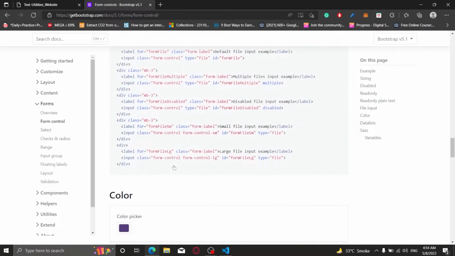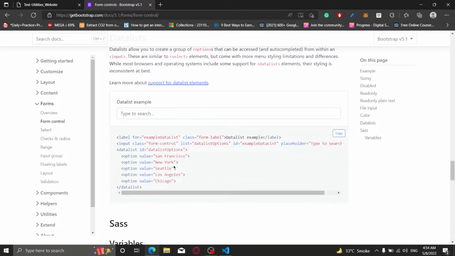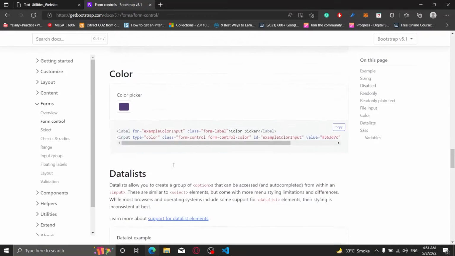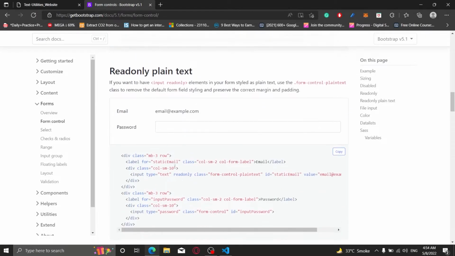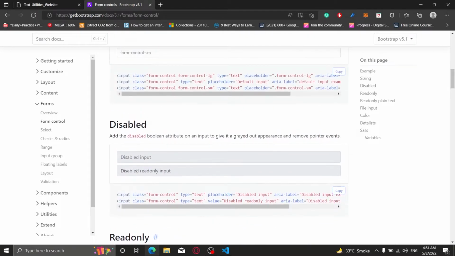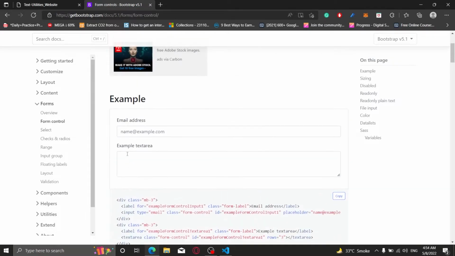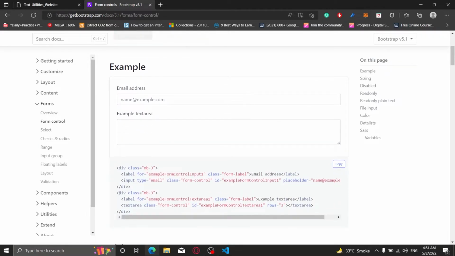I don't need a password or something like that. I'm just searching for a normal form. Okay. So we'll just do one thing. From here we will take this particular text area. Here is an example. We will just